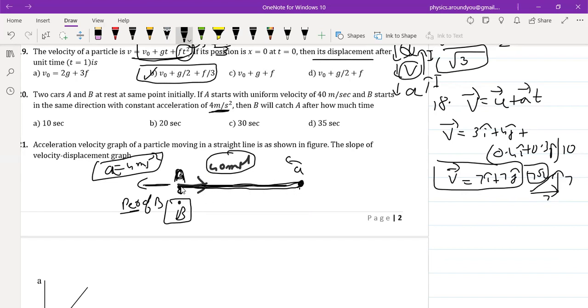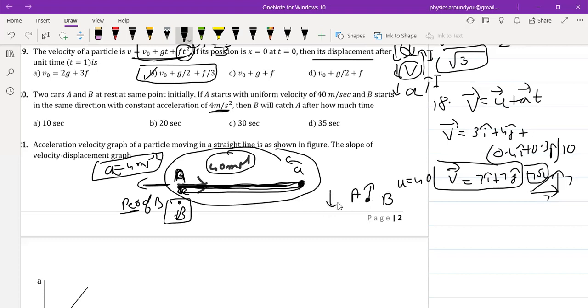Right? So according to B, A will initially slow down, stop, and then speed up and turn backward. Which motion does this resemble? Let us just tilt this vertically and we'll see that B is standing here, A is moving up, initial velocity 40, but there is an acceleration downwards. I can call it a new g, some planet, okay, new g, where g is 4. It's kind of a new version of g, 4, where it's going up, stops, and then again comes back